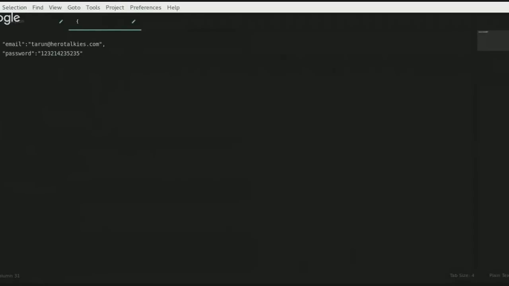Android will not let you run an application which has network access on the main thread. So how do you do this? You use something called an async task. An asynchronous task is something